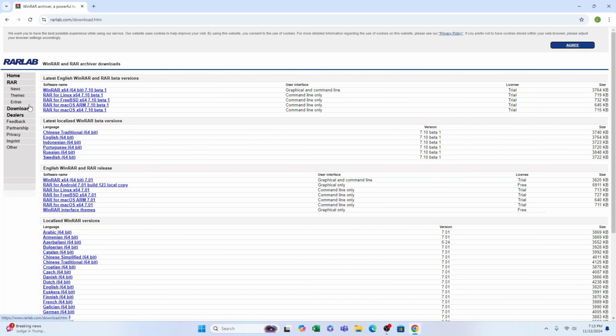Select that, and the latest version of WinRAR will be here at the very top. So we want to select that one. It will automatically start to download as you see here. Then it'll go into your downloads folder. You can open that up,